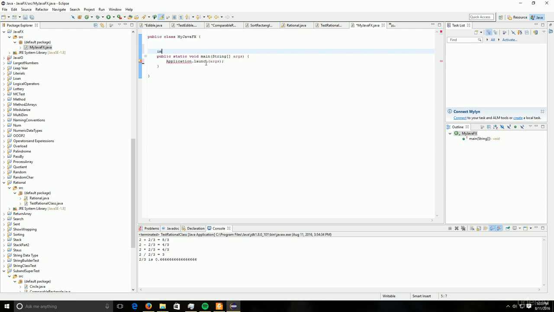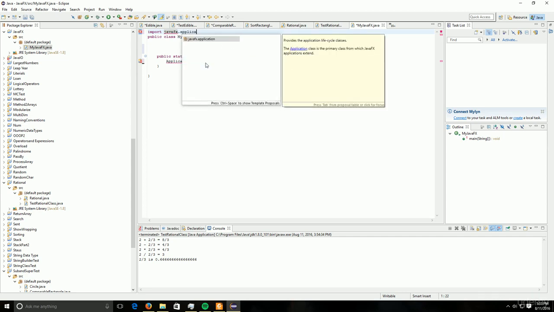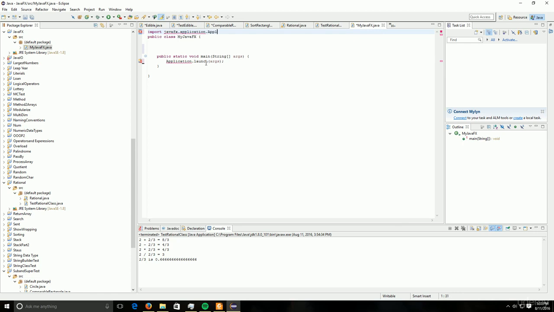First of all, we need to import the JavaFX, and now whenever we talk about JavaFX classes, we're always going to say JavaFX. It won't say Java first, it'll be JavaFX.application.Application with a capital letter this time on the A. And you'll notice now the error has gone away as a result of us importing the appropriate package, or appropriate class file. After that, we need to import the JavaFX